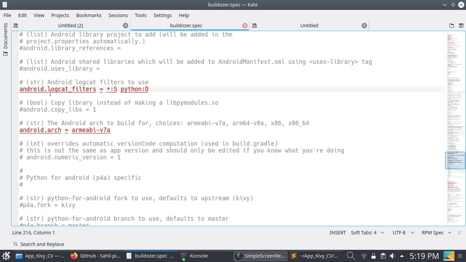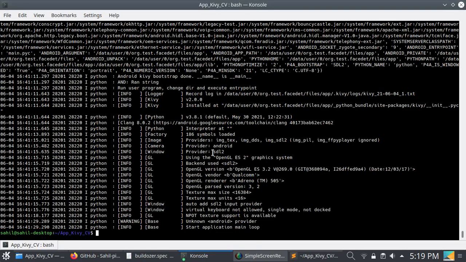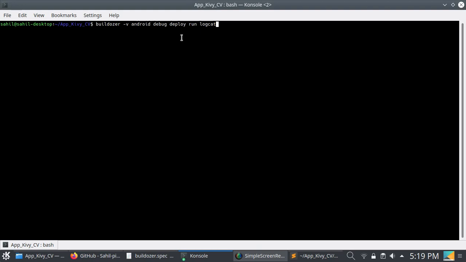Just uncomment this line and write these things, so it will automatically show the logcat or ADB log when buildozer pushes the APK into your phone.